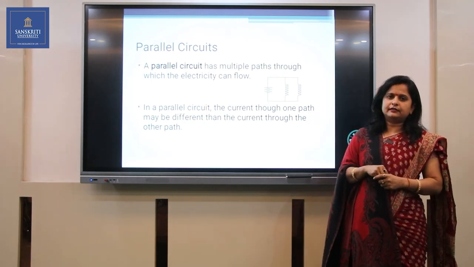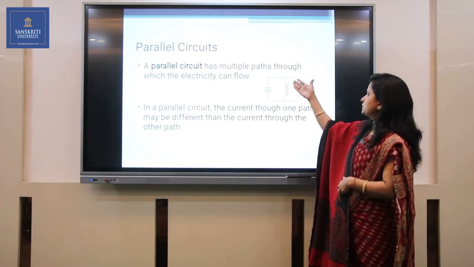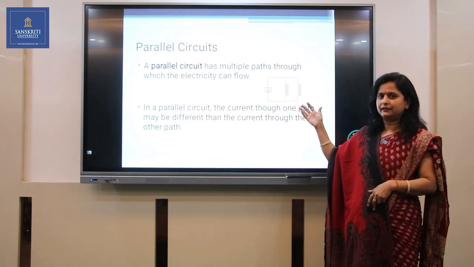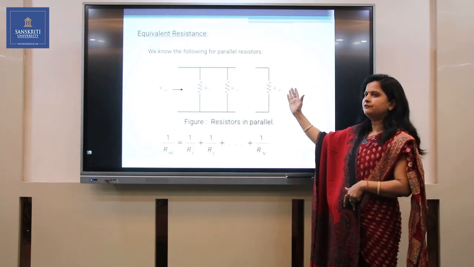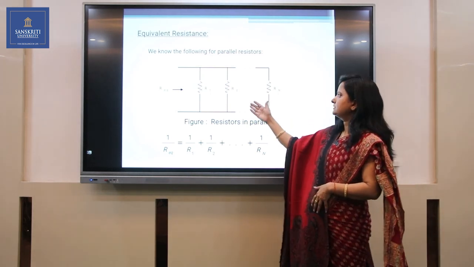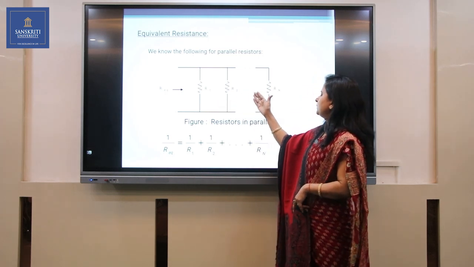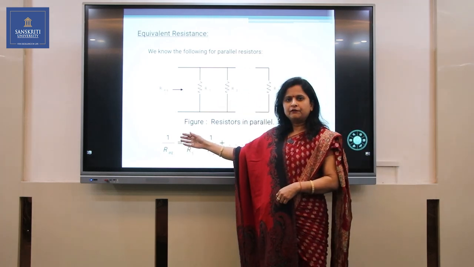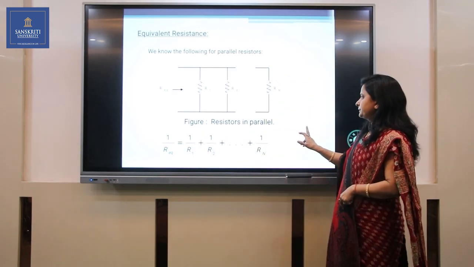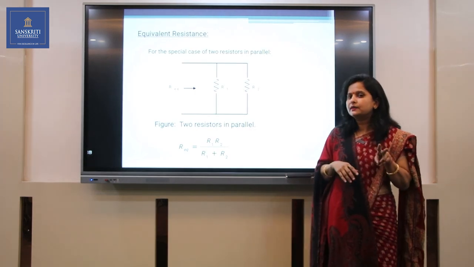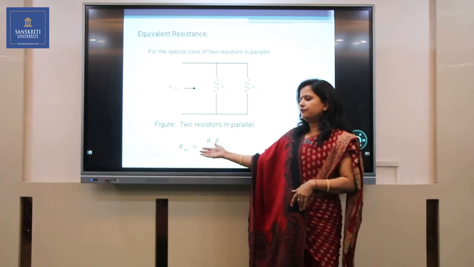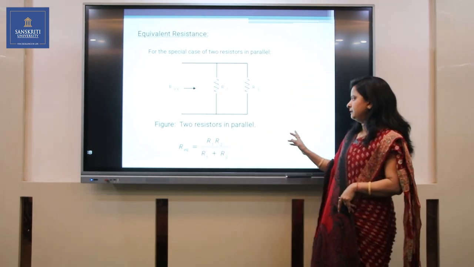If the resistors are connected in parallel, suppose there are two resistors connected in parallel, we can see over here in a parallel circuit there are different paths for current. So the current will be different and the voltage will be the same in each resistance, and this is the formula of equivalent resistance when they are connected in parallel. So this is R1, R2, R3 and so on. The equivalent resistance will be 1 upon R equivalent is equal to 1 upon R1 plus 1 upon R2 plus 1 upon R3 and so on. Similarly, if you are having only two resistances connected in parallel, you can write down its direct formula, right, like the equivalent resistance will be R1 R2 upon R1 plus R2.